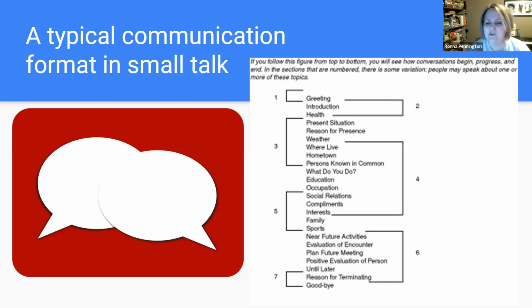So you can look through this on your own, but it's kind of interesting that this really hits it, whether we think about it or not. Again, most of our communication isn't something that we think about. It's something that we do intuitively. However, if you want to improve your communication style, you definitely can just by paying attention to these things and by employing some of these tips along the way.